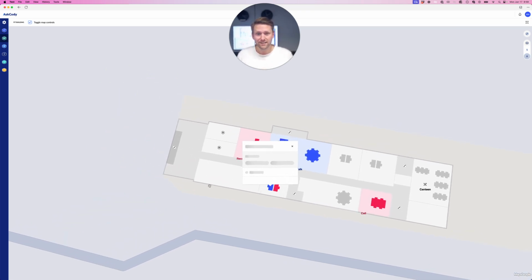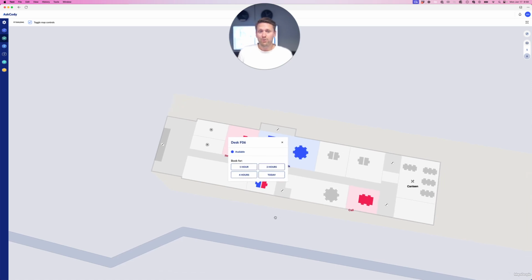Just click on a desk and you can easily book it. As you've already signed in with your Microsoft single sign-on, booking is simply one click. You're already set